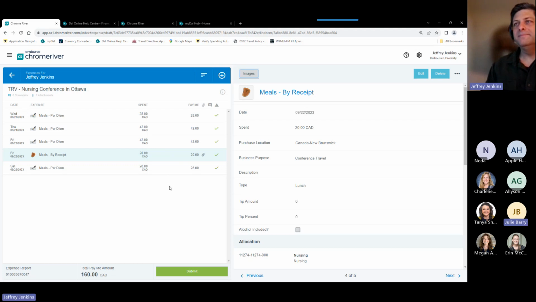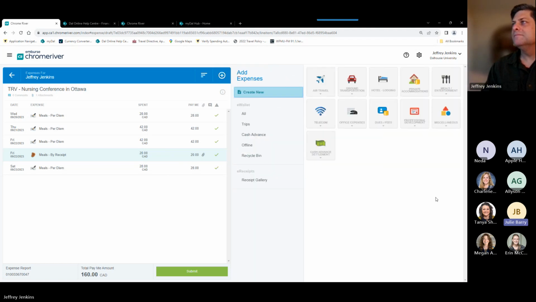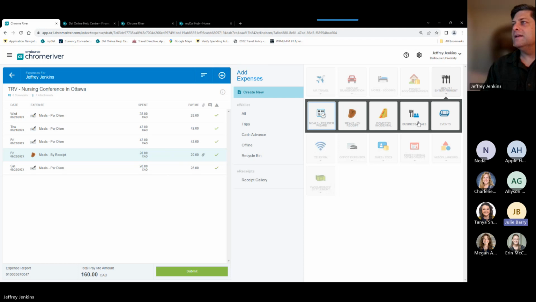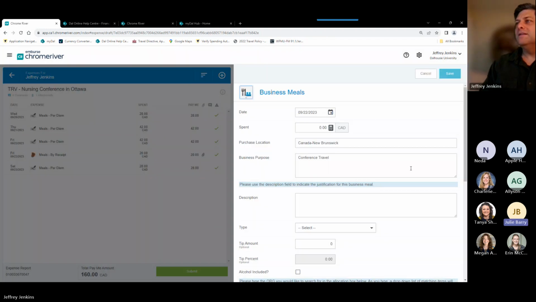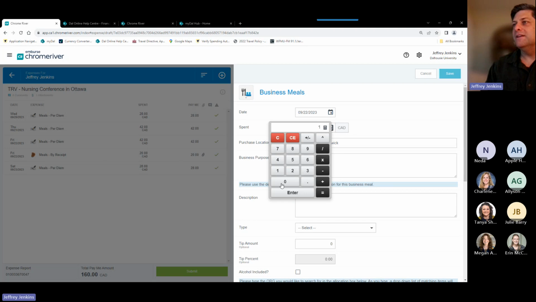Yes. And so, before in the old system, if you took out a group of people for work, you had to fill in a meeting request form, with who was present. Do you have to upload that to Chrome River when you do something else? So, ideally, if there's somebody external to the university that you're entertaining in a meal, let's say,